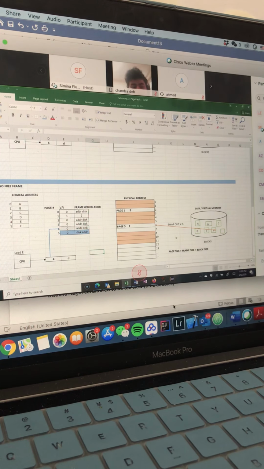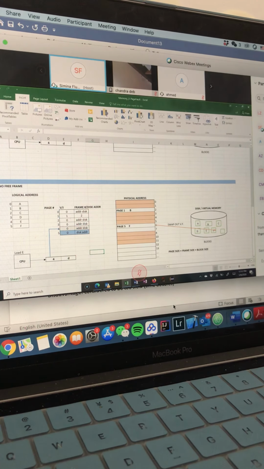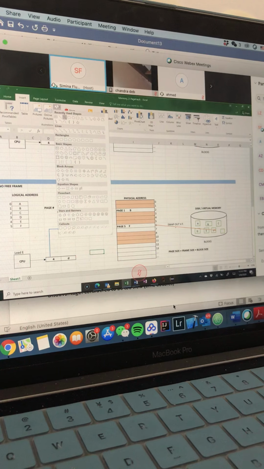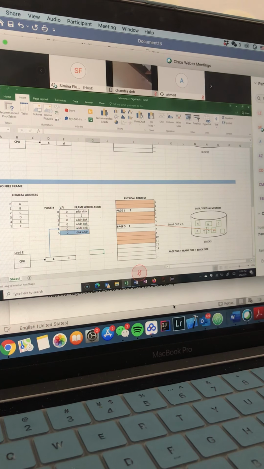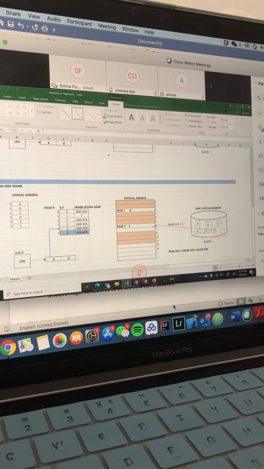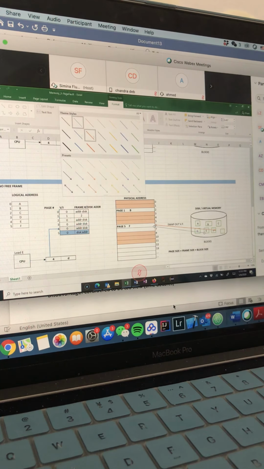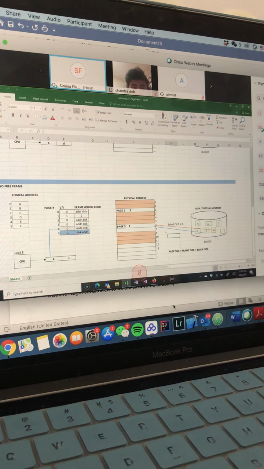So now we are ready to bring in the demanded page. The next step is to bring in the demanded page, so that will be swap in. Swap in the demanded page.